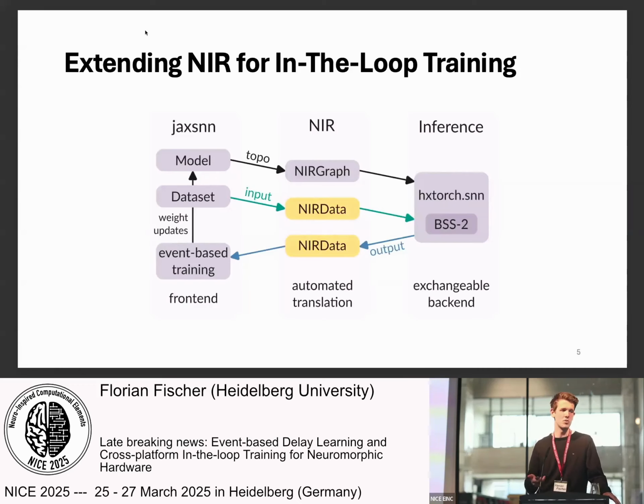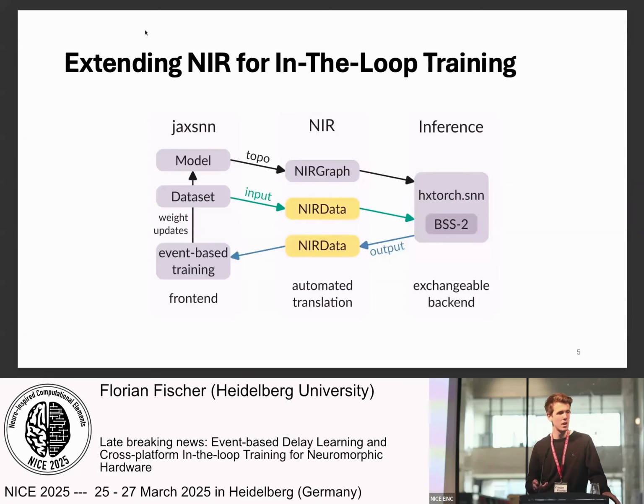So for this, we introduce a NIR data class, which supports both event-based and time-gridded data. And so for our example, we trained the Yin-Yang data set using the BrainScaleS-2 system for the inference and the Jackson library for the gradient computation. And the NIR data exchange is then used for the in-the-loop handling. So basically Jackson or our hardware backend could be replaced by other neuromorphic platforms or frameworks that support the NIR